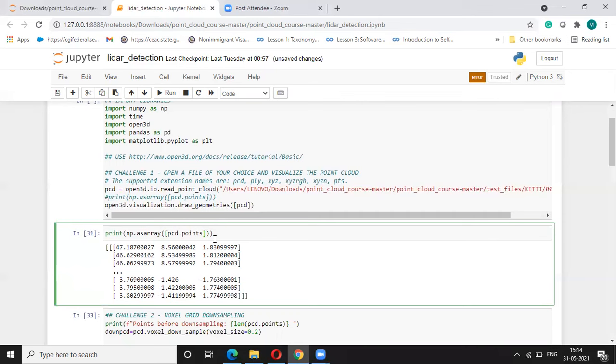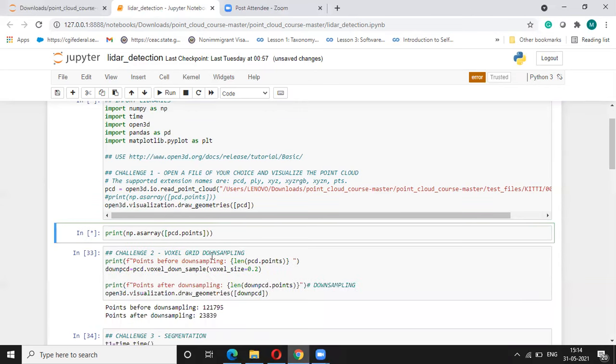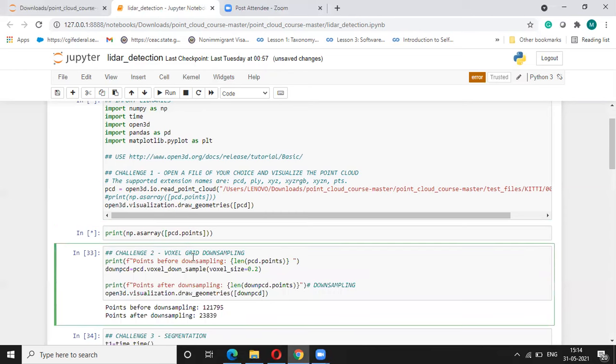But if you want to see what exactly is inside that PCD object, then we can use print np dot asarray PCD dot points, and we can see what exactly we have available over here. So that's about those PCD points.